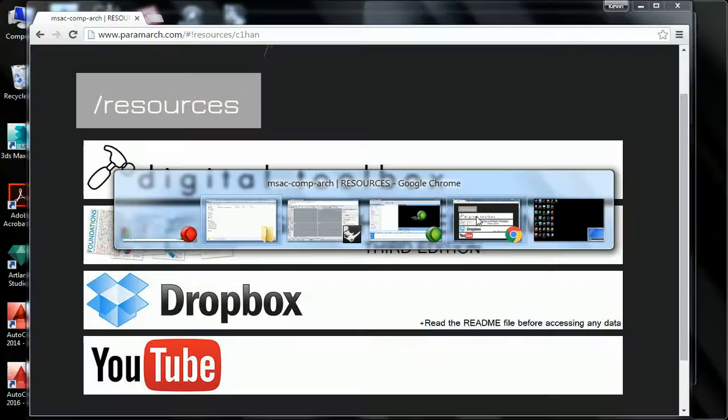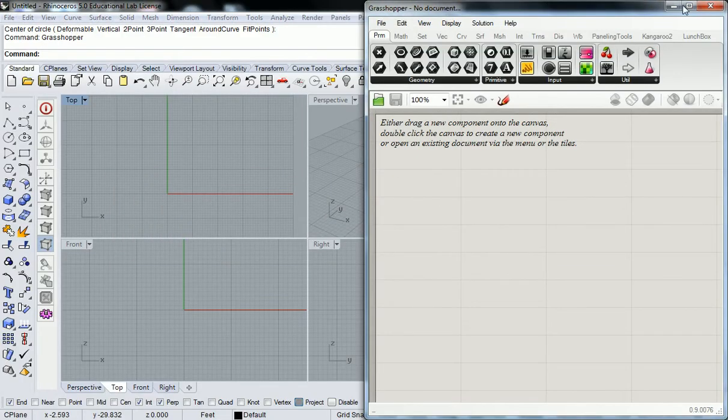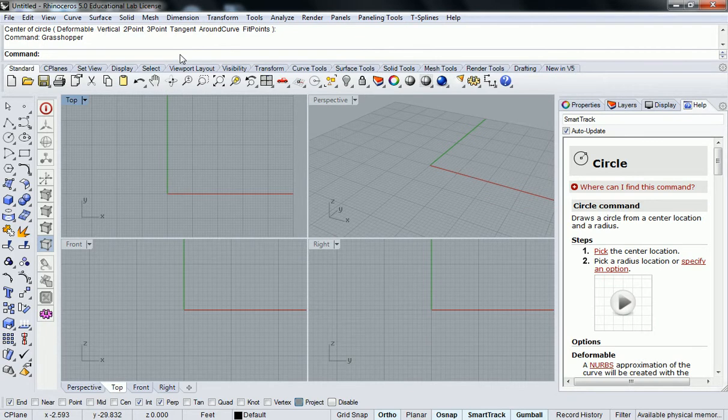So jumping back into Rhino then, I'm going to close this real quick so I can get it on the video. But basically, Grasshopper is not its own software. It's a plugin for Rhino. So what that means is that if I have